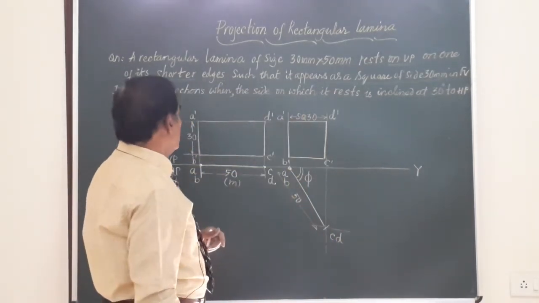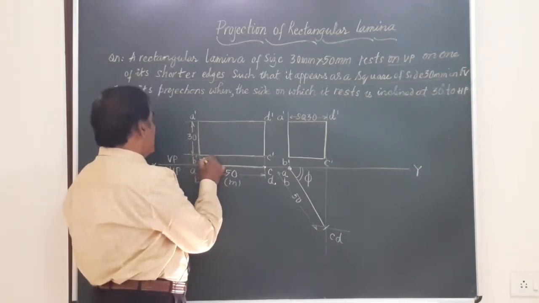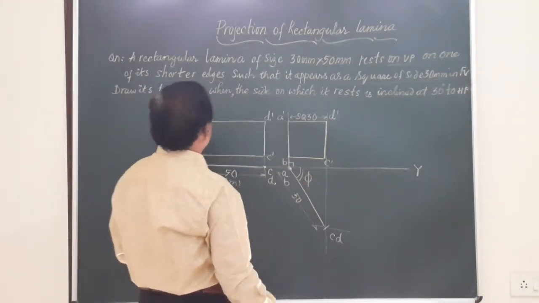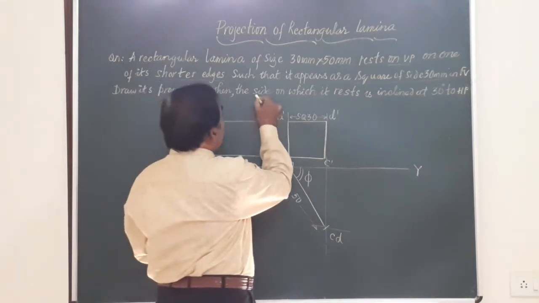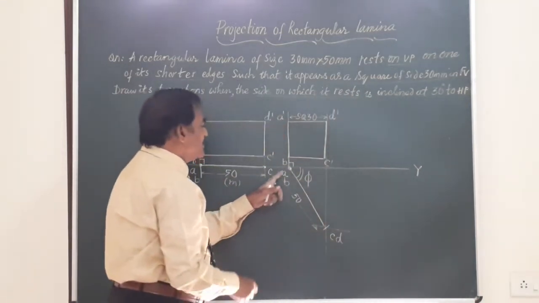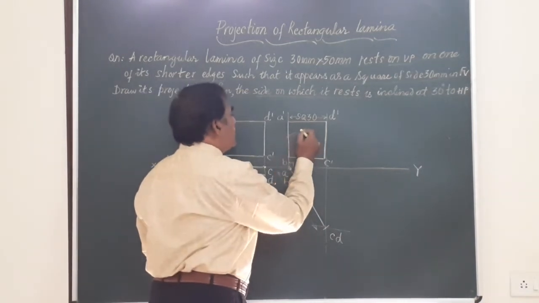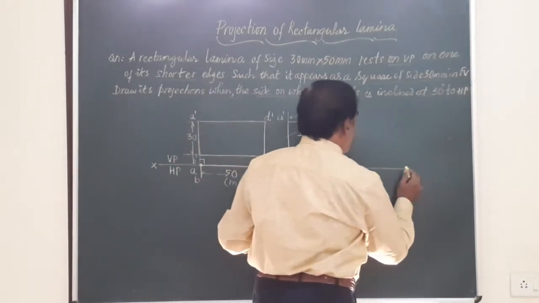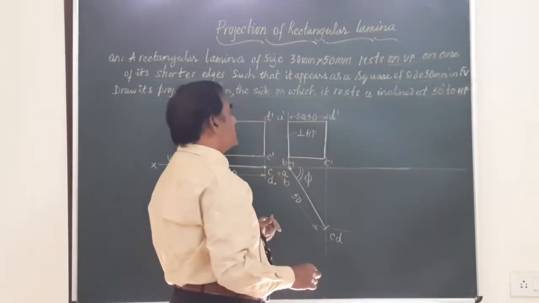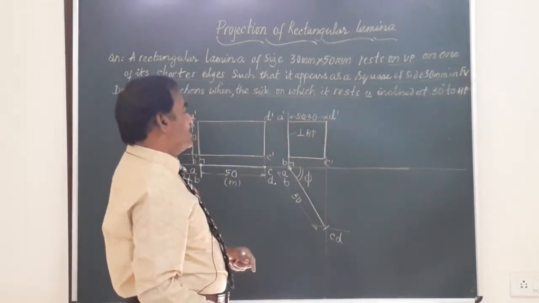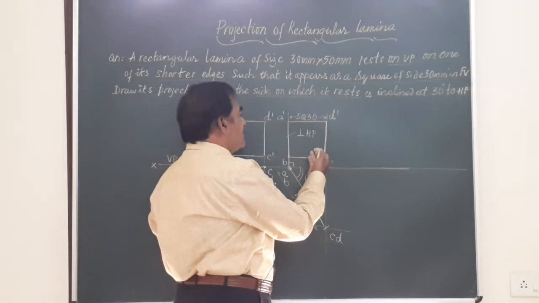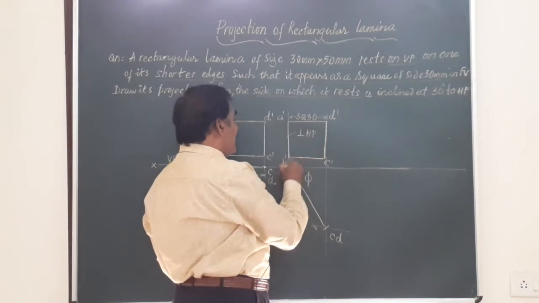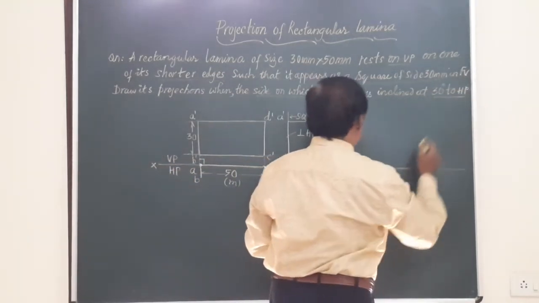Friends, you know this AB was vertical here, the edge shorter perpendicular here. It is also perpendicular here. But he says draw its projections when the side on which it is resting is AB, that AB is now perpendicular to HP. But he says draw its projections when that shorter edge on which it is resting is inclined at 30 degrees to HP. Friends, we are going to redraw the figure, this square, such that this edge AB will lie on a line inclined at an angle of 30 degrees to HP.